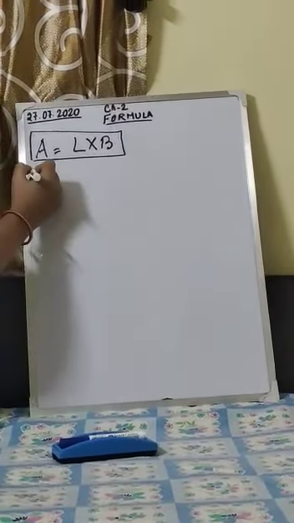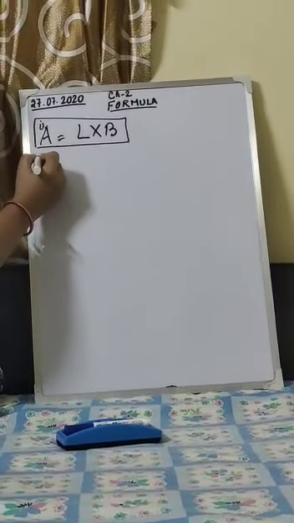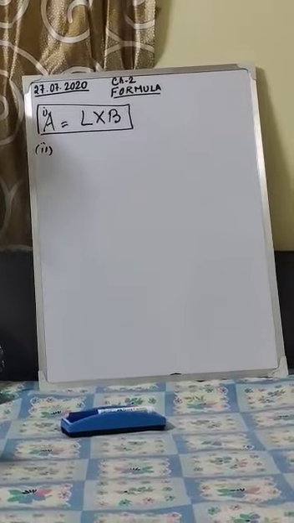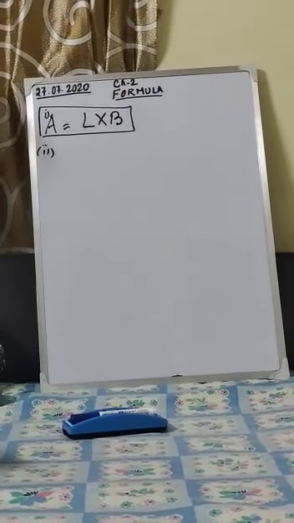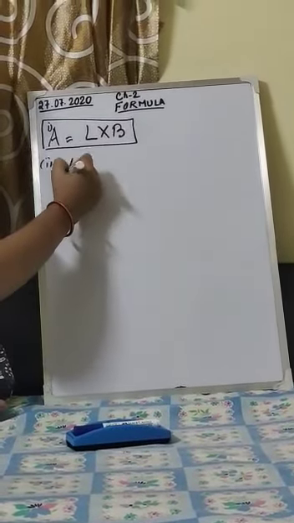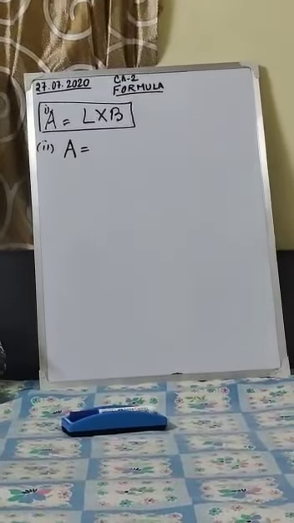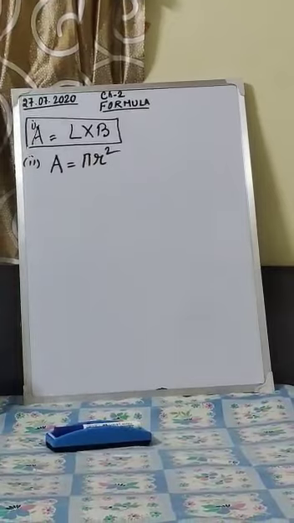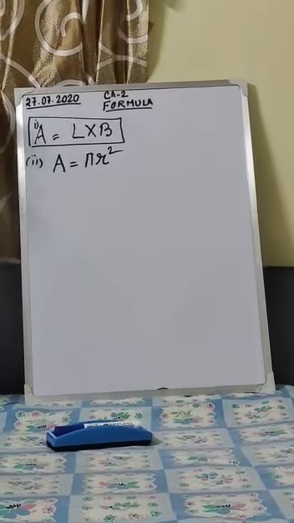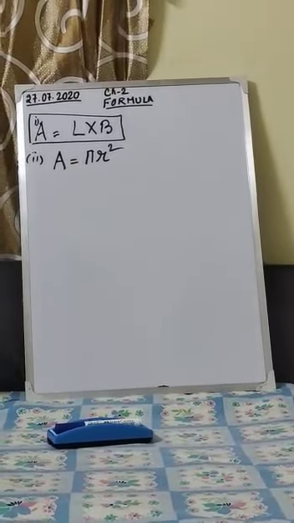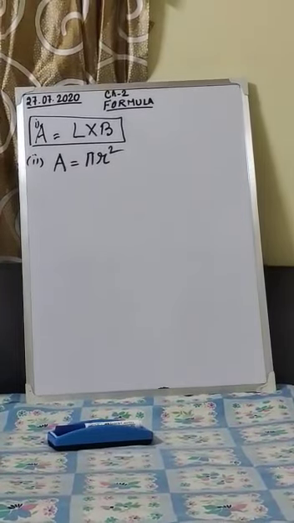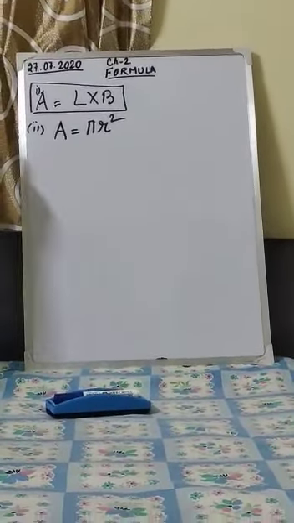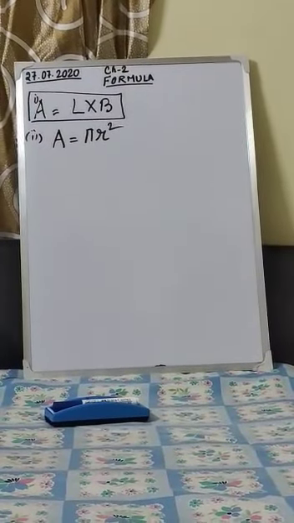In a similar manner, suppose it is given that area of a circle is pi times the square of its radius. Means what? Area of a circle is equal to pi times the square of the radius of the circle. This is another formula. From this formula, you can put in the values and you get the area of the circle, right? So, this statement is known as a formula.